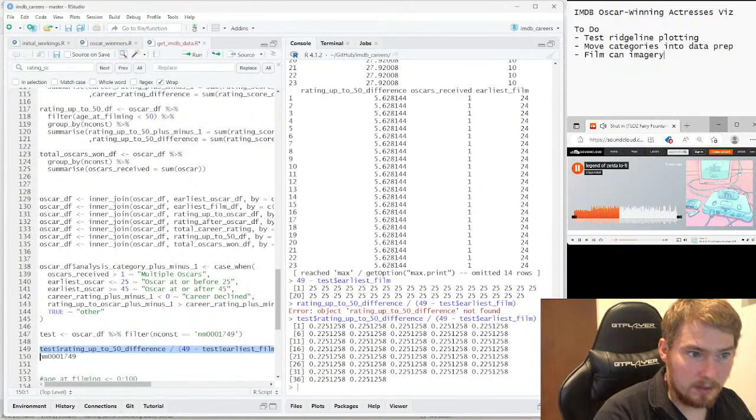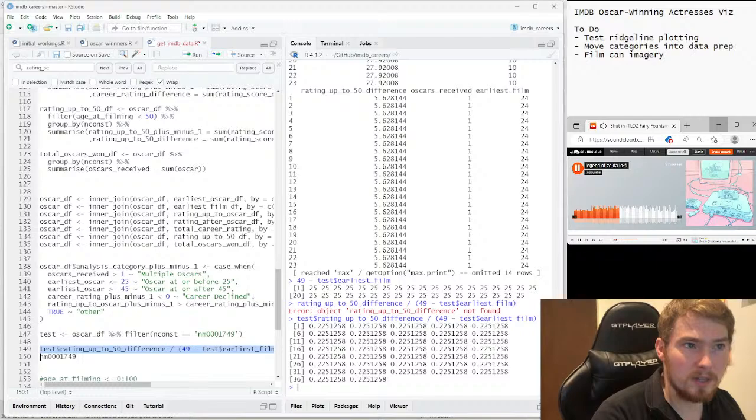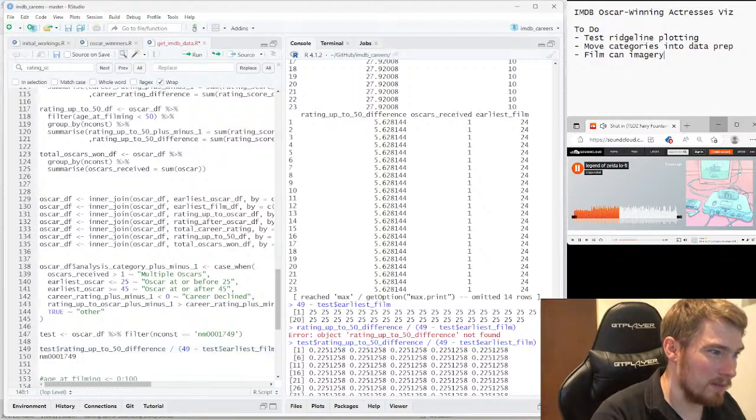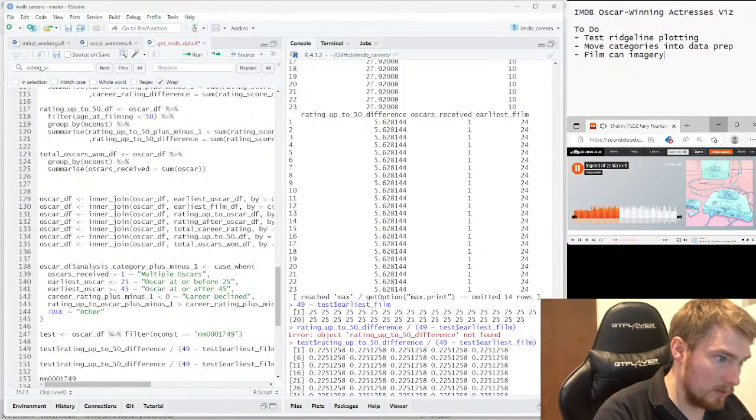Okay, so every year Maggie Smith, add 0.225 to her rating. So that's your kind of growth line, and then we wanted to compare this to up to 50.